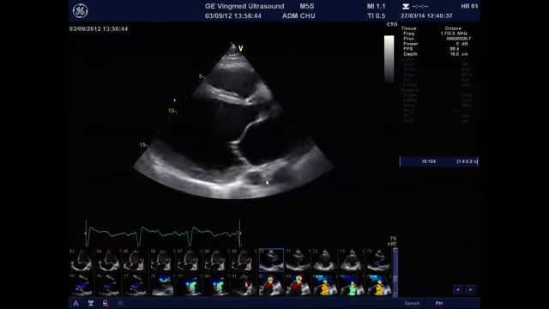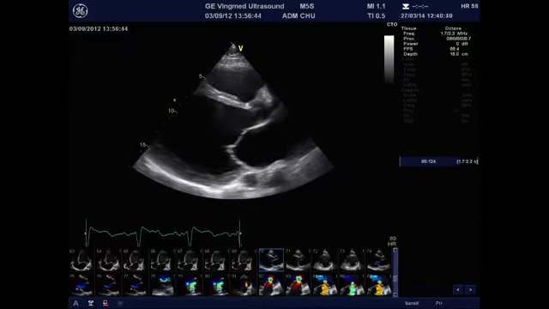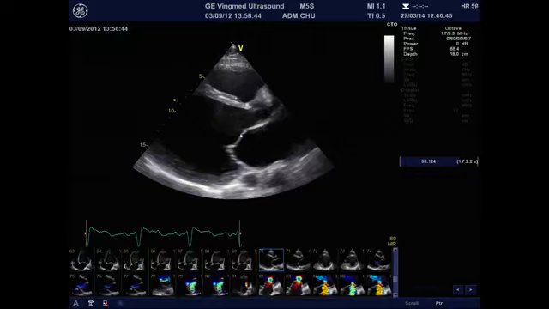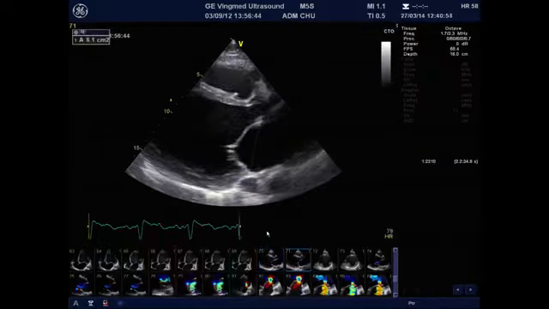So if we want to measure the severity of the mitral deformation, we can use the measurement between what is called the mitral leaflet body and the annulus plane, and this is called the systolic tenting area, which is clearly associated with the severity of the disease. The measurement that can be done is this one between the mitral leaflet body and the annular plane, and here you have 6 centimeters squared of systolic tenting area, highlighting the severity of the deformation of the